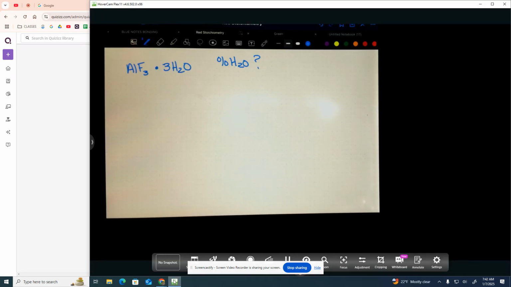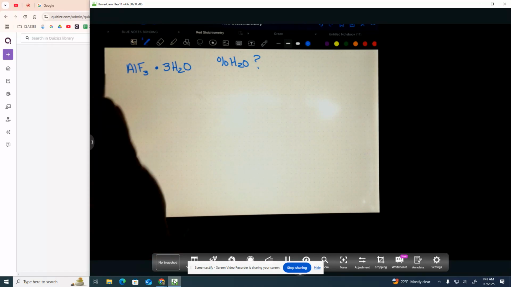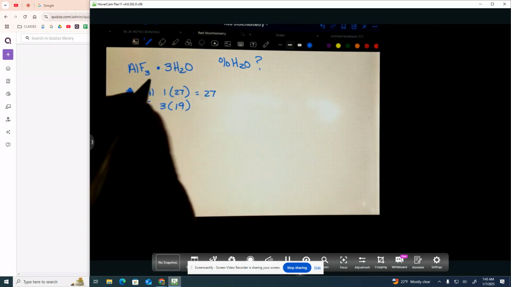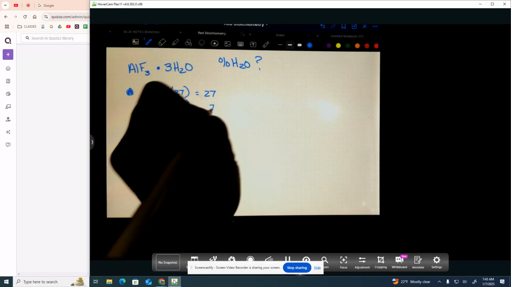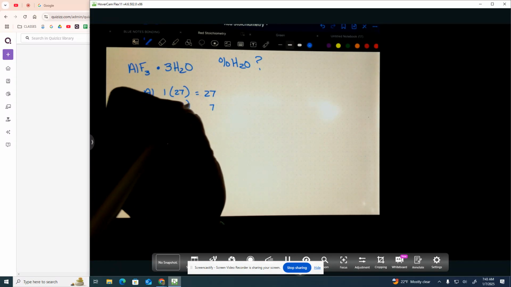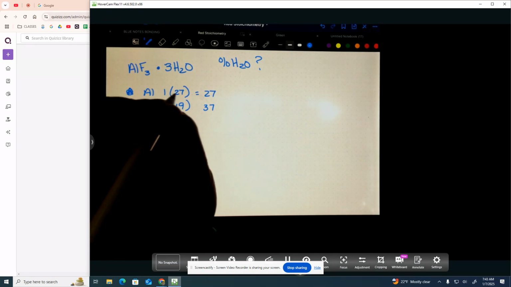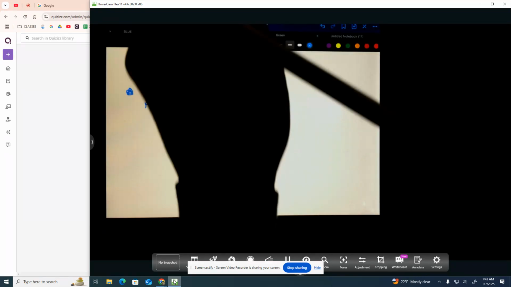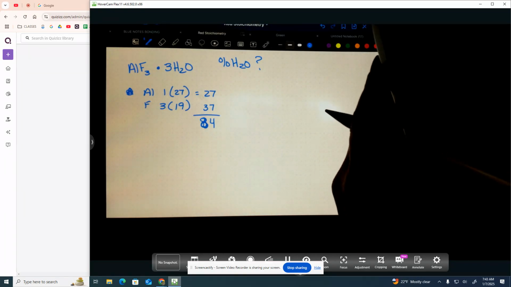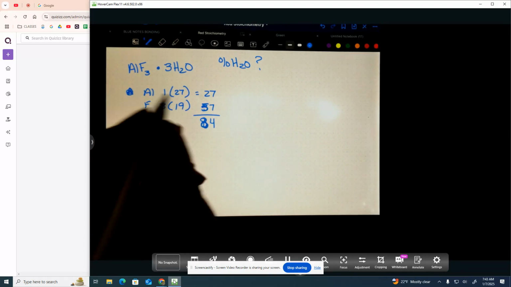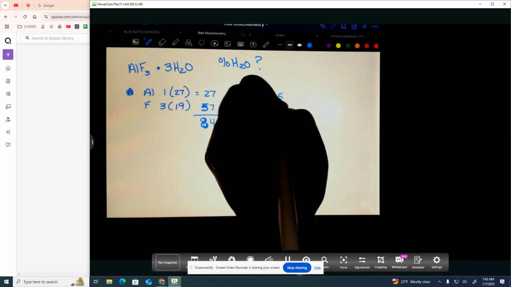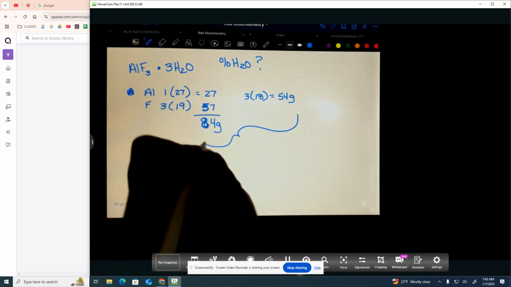Alright, so for those of you who didn't get it yet, you got it? What'd you get? 39%. Good. Aluminum, there's 1 at 27. Fluorine, there's 3 at 19. Helps if you add right. Okay. And then we've got 3 waters at 18 apiece. 3 times 18 is 54. 84 and 54 total is going to give us